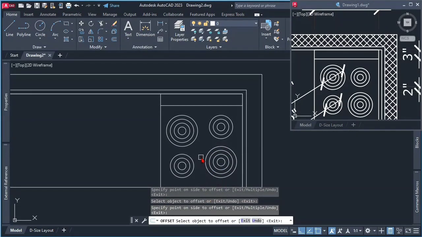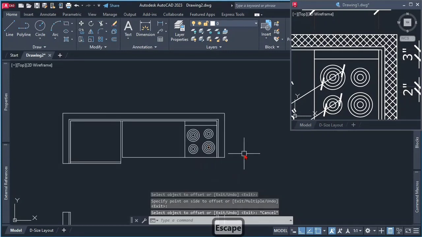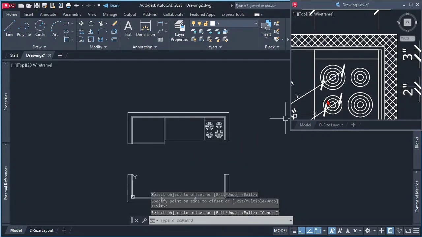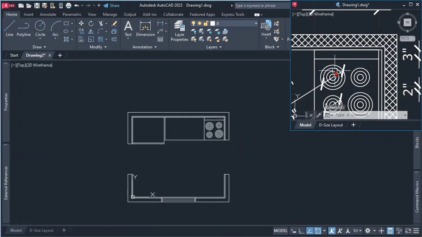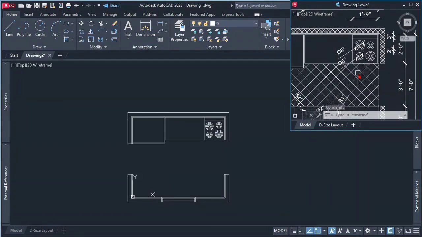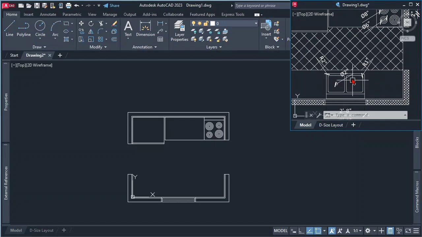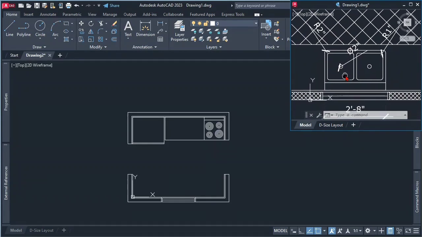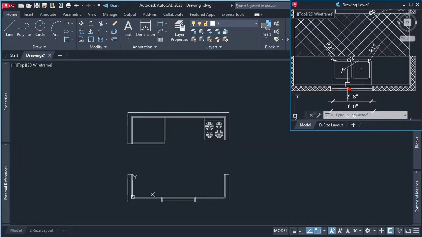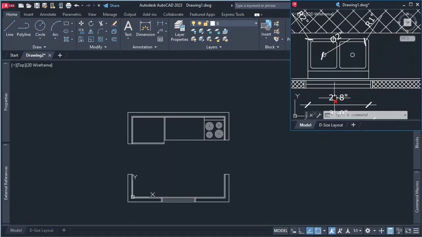Now we can press escape. Awesome, we finalize our kitchen, and let's keep moving to wrap this up. So let's keep moving. We have this last piece for our kitchen, which is our sink. So our sink is, again, let's start with the overall dimensions for our sink, which is 2 feet 8 by